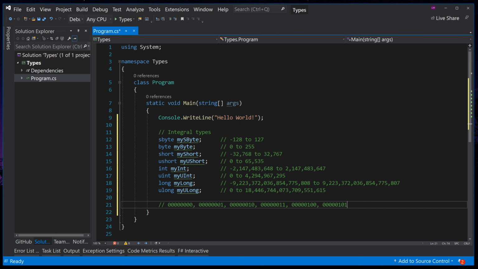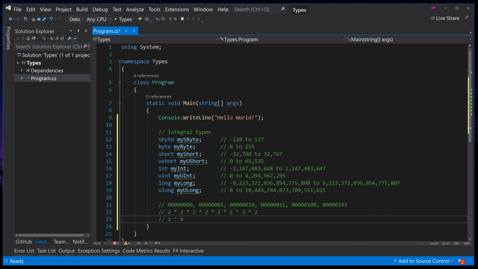It is easy to calculate the number of possible options that each bit can represent. To do this, we take the number of possible options in the bit, which is 0 or 1, so there's 2 possible options, and then we times this number over and over by the number of bits there are. For example, it would be 2 times 2 times 2 times 2 times 2 times 2 times 2 times 2. Or more simply written, 2 to the power of 8. 2 to the power of 8 gives us